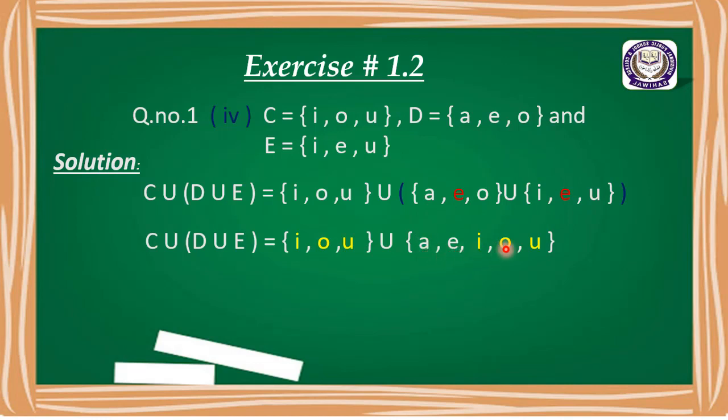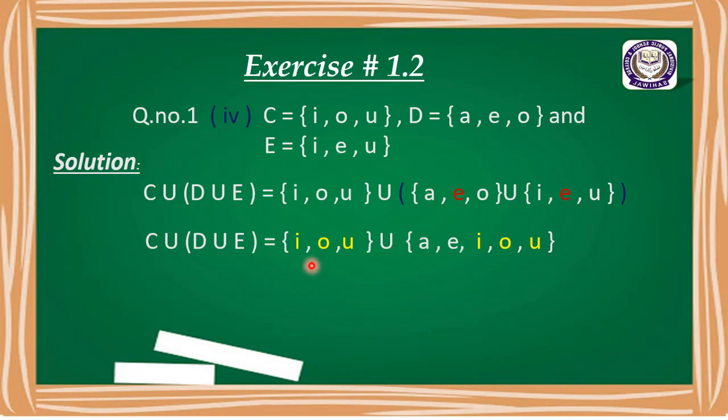I, O, U. बच्चों आपने सबसे पहले D और E का यूनियन लिया, आपने देखा यहाँ पर E हमारे पास रिपीट हो रहा है, तो इसलिए हम क्या करेंगे, E is a common element. E is a common element in both the sets, so we will write only one time. And again we can see here, and after taking the union of D and E, we will write down A, E, I, O, U, which is the set of the union of D and E, and then we take the